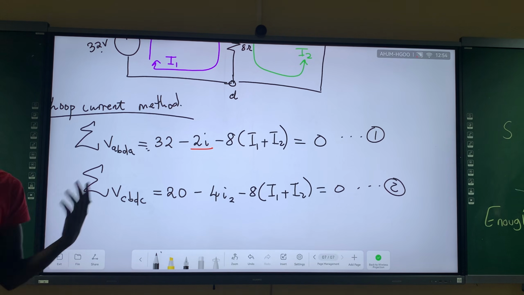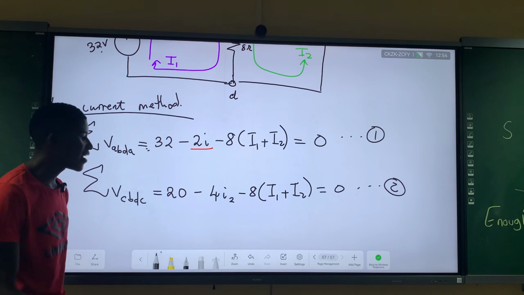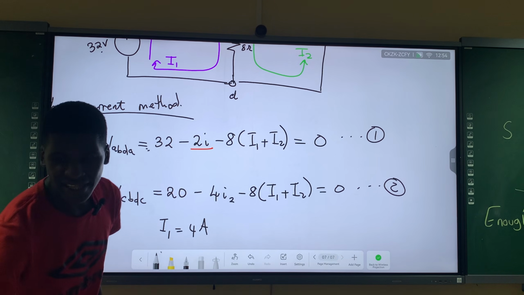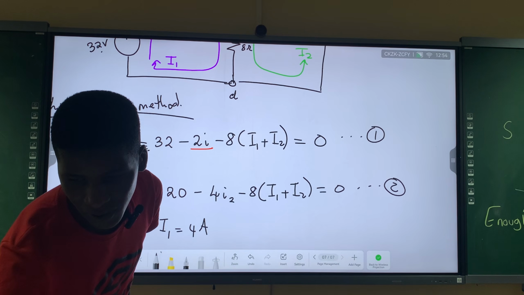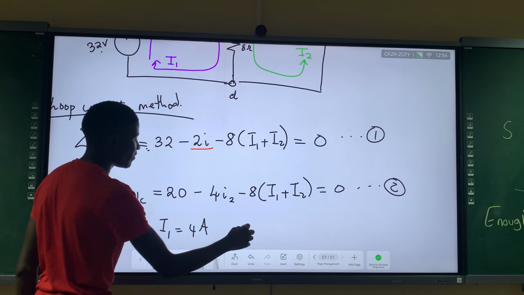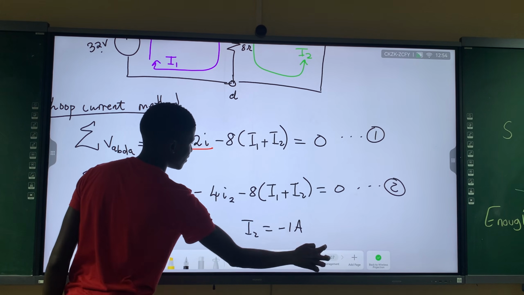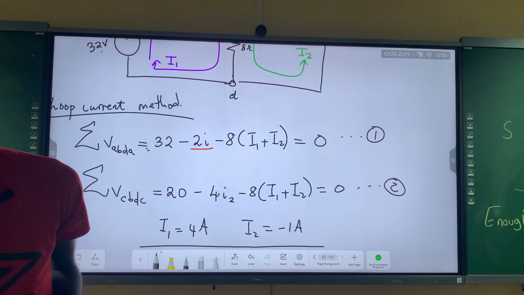Yeah. But at the end of the day, for this particular problem, the I1 that you are supposed to get is equal to 4 amperes. And then the I2 that you are going to get. What I2 did they get here? I don't see their I2, but the I1 you must get is 4 amperes. So then the rest is maths, and then I2 is -1. I2 they got -1 amperes. It's just from this mathematics. But now, when we are talking about loop current, what are we talking about?